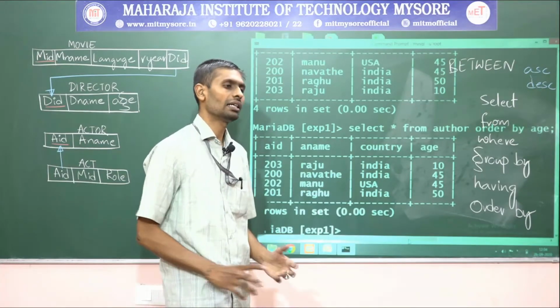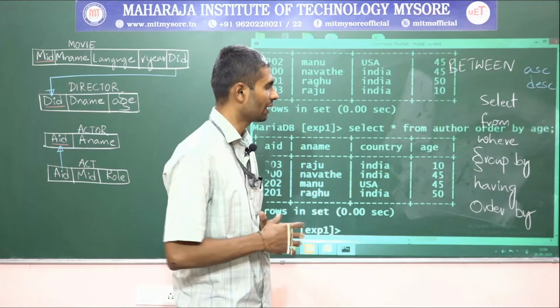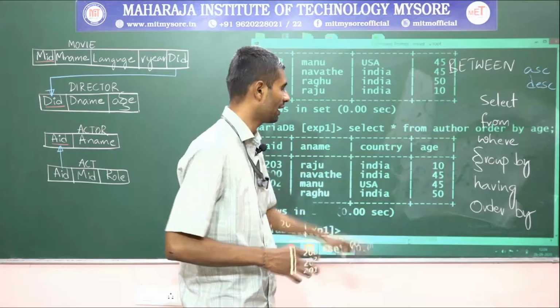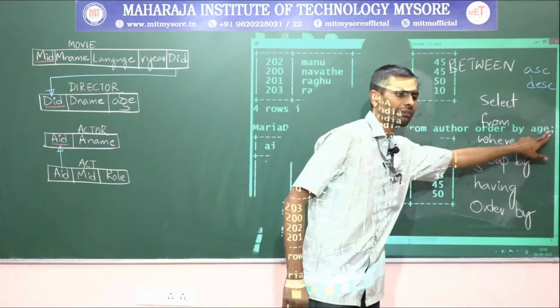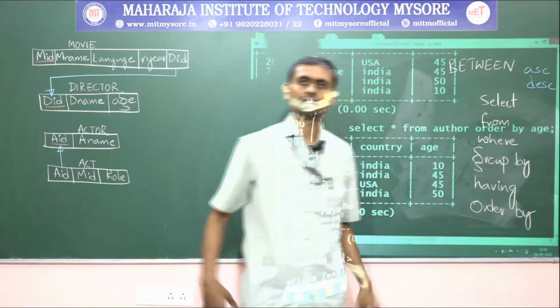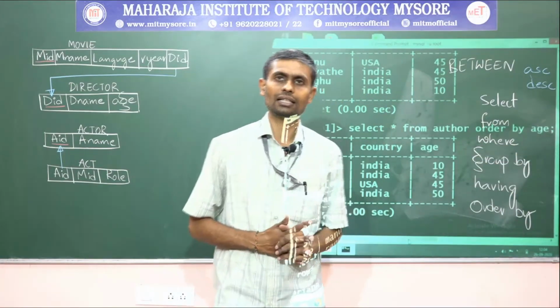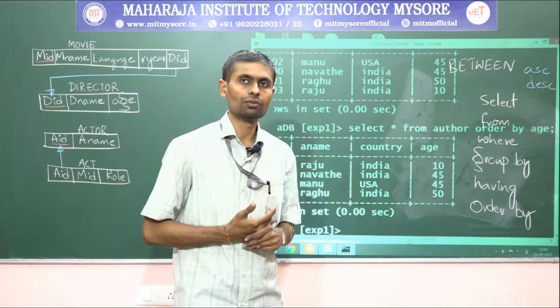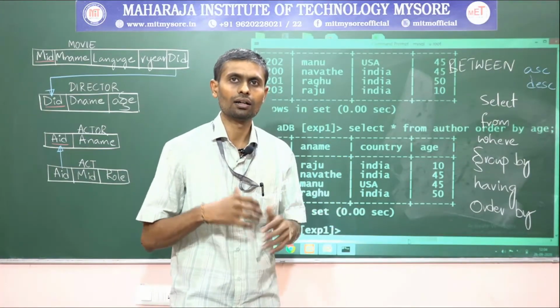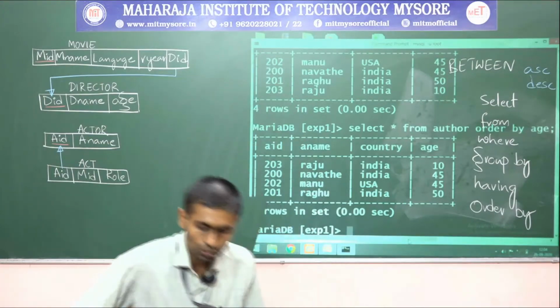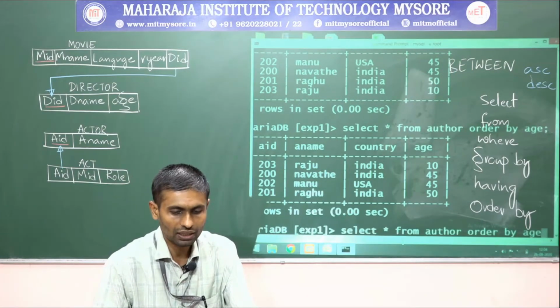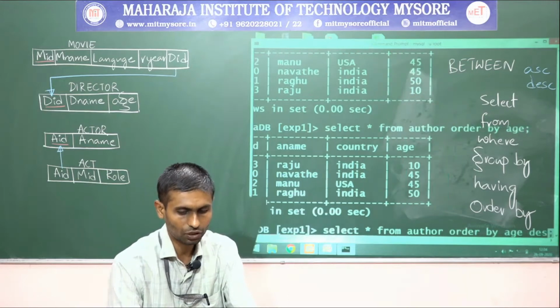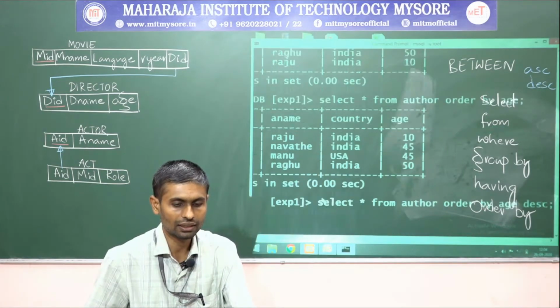So suppose you want ascending order of sorting on any particular attribute column, even if you miss this ASC, it still works, right? Because ASC, ascending order of sorting on a specified attribute, is the default sorting pattern used in SQL. Let me go with descending. Let me write DESC, descending, right?